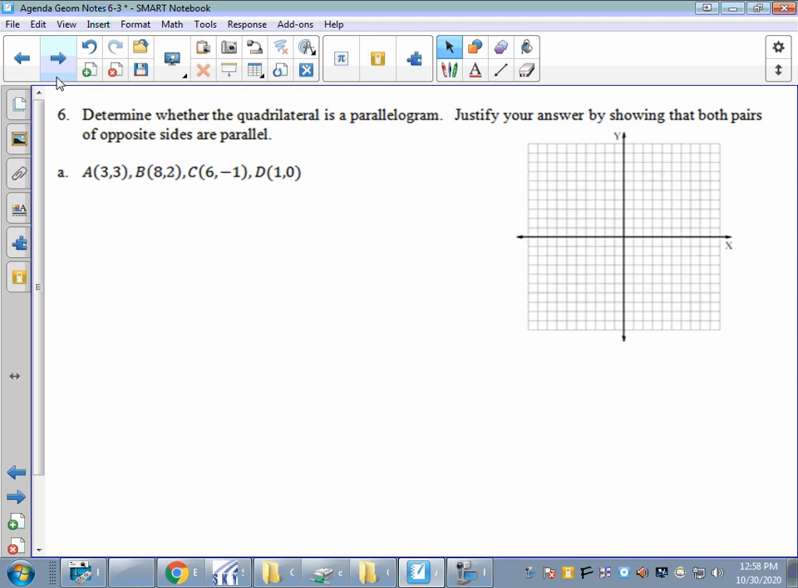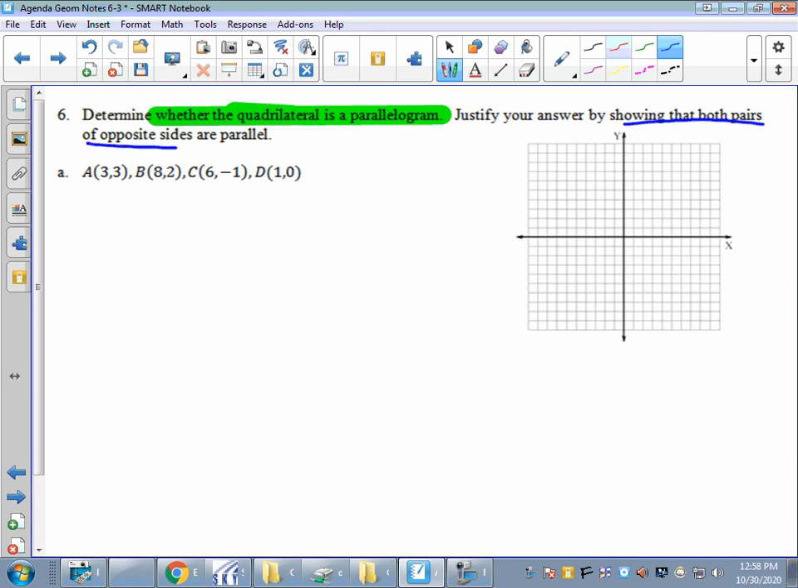All right, number 6. Determine whether the quadrilateral is a parallelogram. Okay, so again, we have to decide how we're going to do this. Determine whether this quadrilateral is a parallelogram. In order to do that, we've got to show that both pairs of opposite sides are parallel. Okay, and that's what it tells us to do. Show that both pairs of opposite sides are parallel. So it gives us the